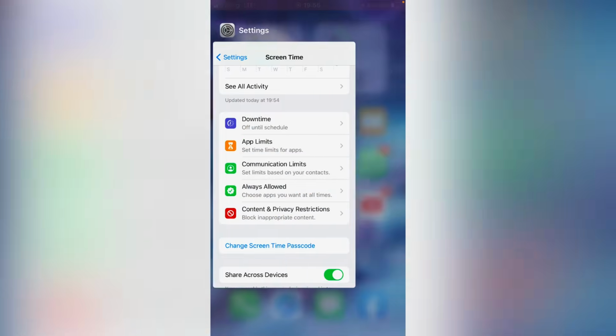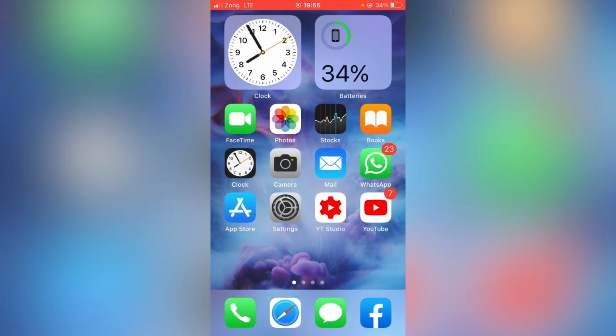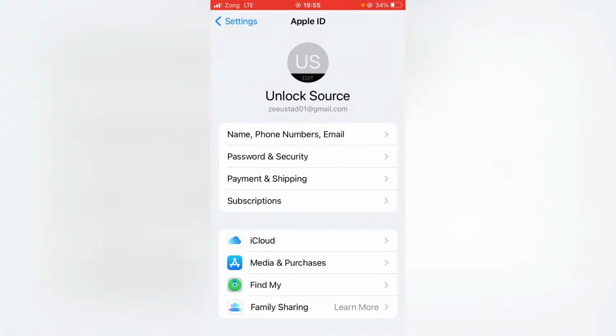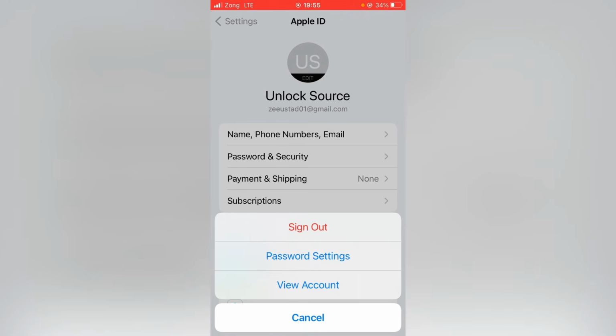And if this trick also doesn't work for you, then go for the third and final one. For that, again open the Settings app on your device and tap on the Apple ID profile here, and then tap on Media and Purchases. Now tap on View Account,